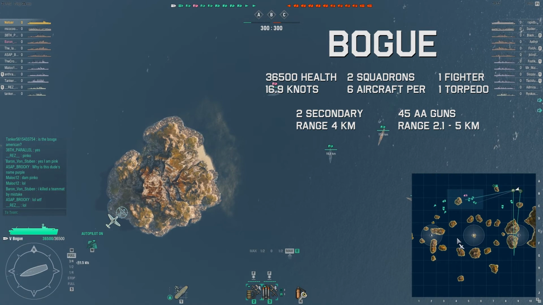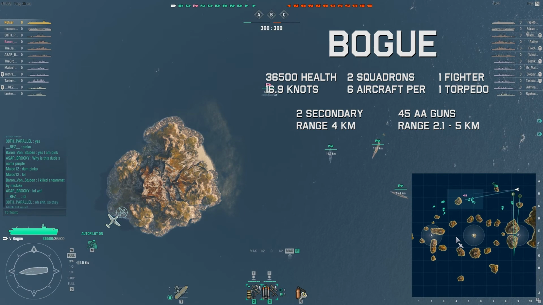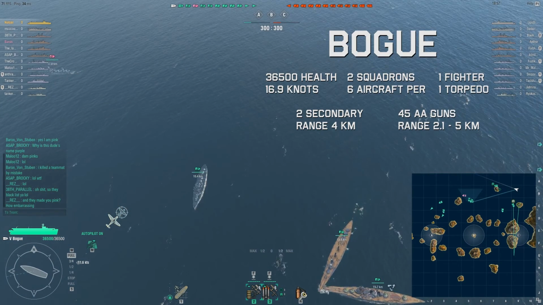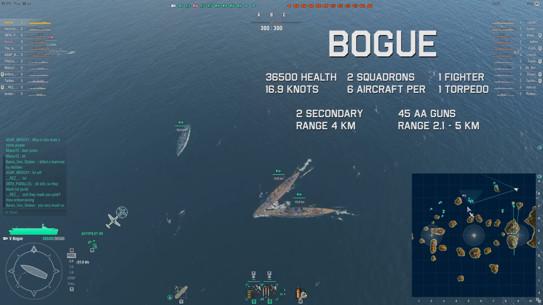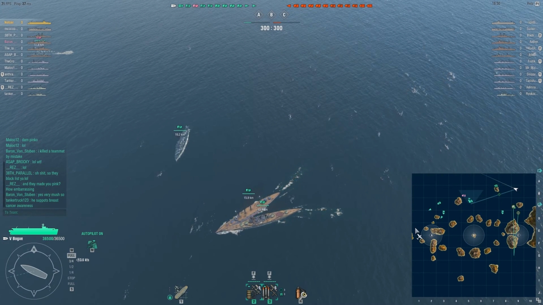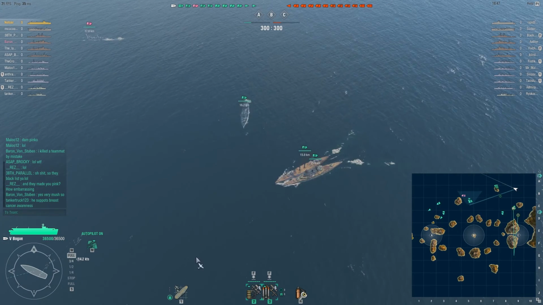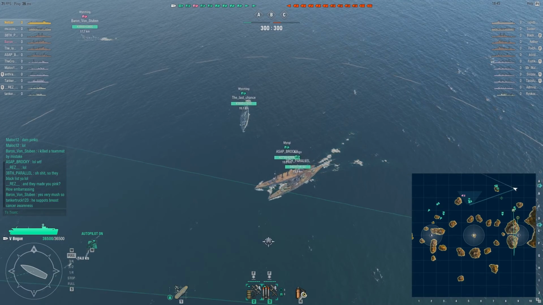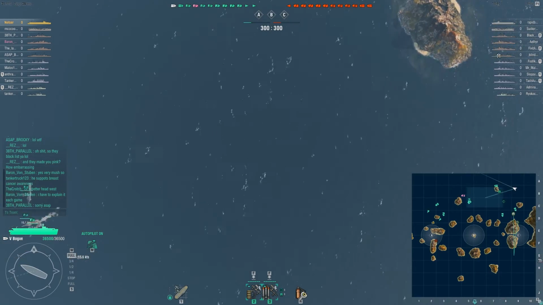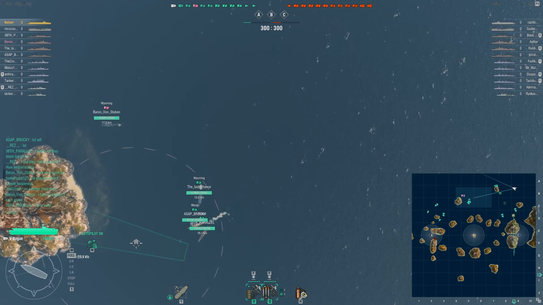This is the Tier 5 U.S. carrier Bogue. 2 squadrons with 6 aircraft each, 1 fighter, 1 torpedo squadron build I'm using, 2 secondary guns, 45 AA guns, a top speed of 16.9 knots, total health 36,500. Modules use 10% more effective guns on my fighters. For my commander, basic survivability, faster torpedo rearm, and dogfighting expert. We are on the map Fault Line, and I spawned on the east, so I'm going to head